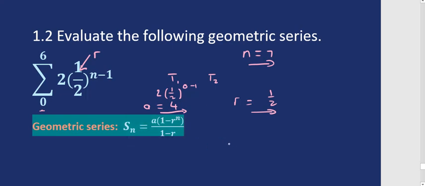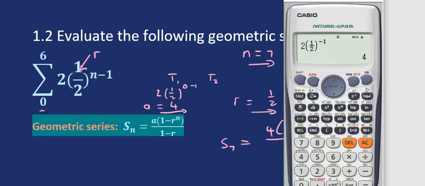We plug it into the geometric series formula. There are 7 terms, so n we substitute with 7. A, the first term, is 4, times 1 minus the common ratio of a half to the power of n, which is 7. At the bottom, we've got 1 minus the common ratio of a half. So if you go to your calculator to evaluate,